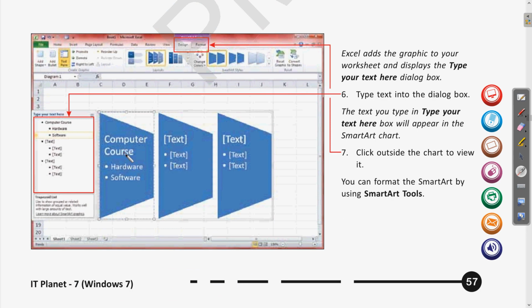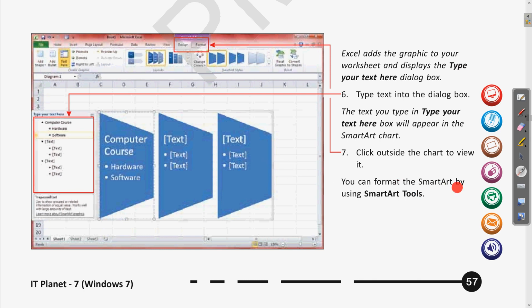This way any of the smart art appearances can be chosen. Then click outside the chart to view it. When you click outside of the chart, you can see the view of that.